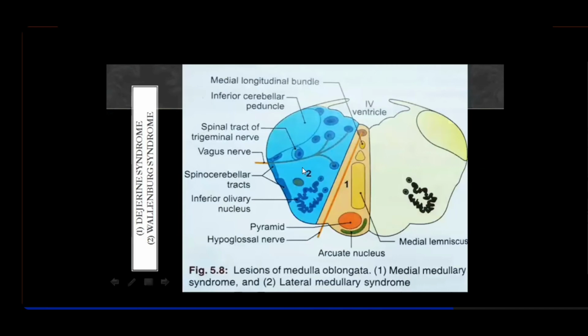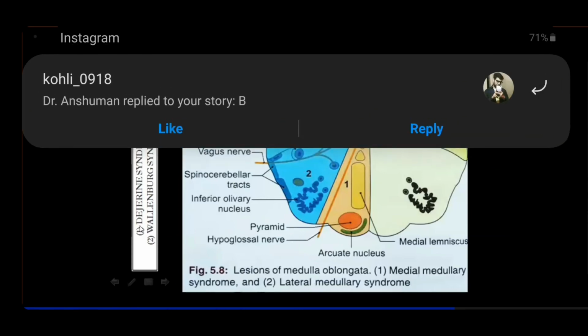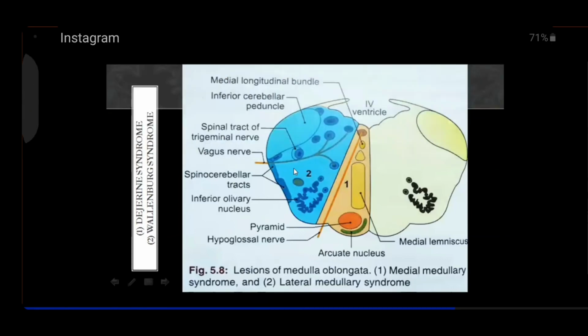So don't forget कि lateral medullary syndrome में भी Horner's syndrome होता है. Horner's syndrome कई जगह पूछा जा चुका है, क्लिनिकल केस में भी पूछते हैं, ठीक है. So these are the different clinical signs and symptoms you should remember regarding the lateral medullary syndrome, Wallenberg's syndrome. Okay, I believe you've understood. If still you've not understood, you can go through the previous lectures and understand it.